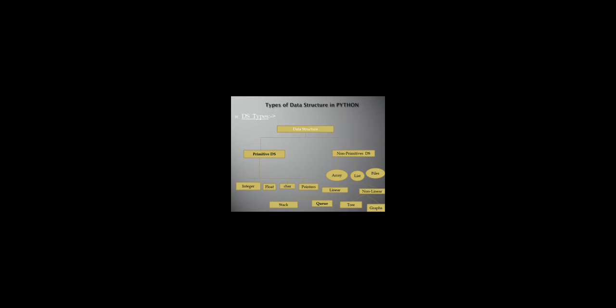In our last lecture, we covered the difference between primitive and non-primitive data structures. Primitive ones are those directly operated by machine instructions, very simple data structures like int, float, char. Non-primitive data structures are complicated.